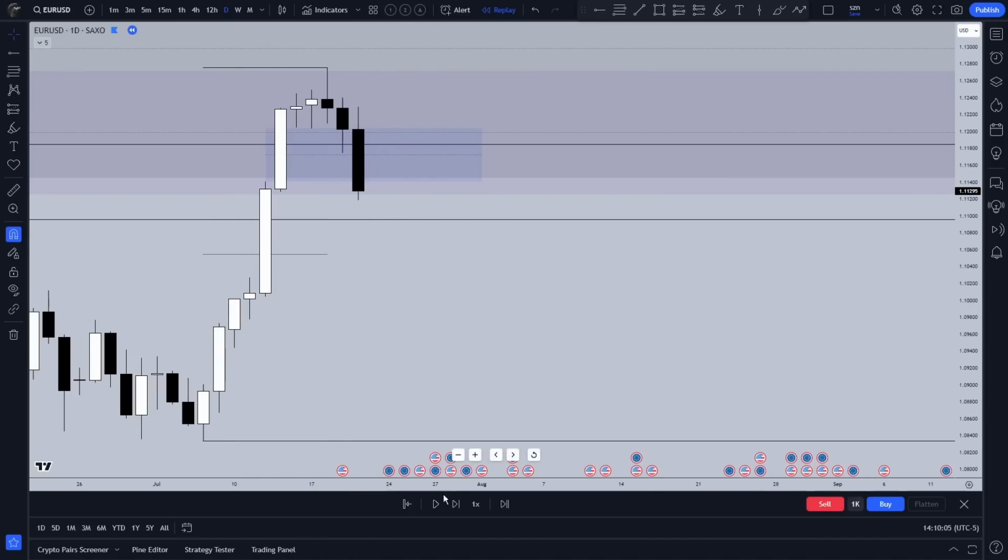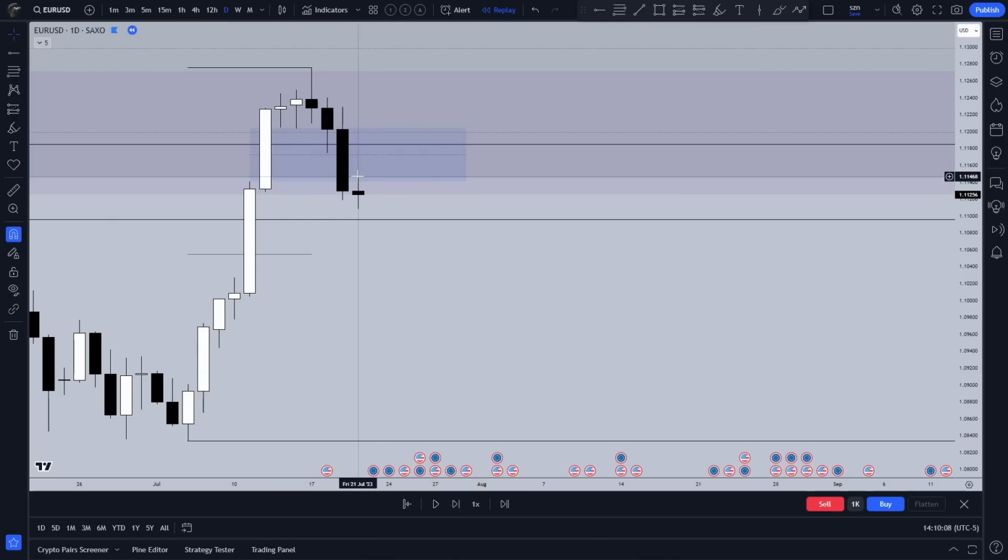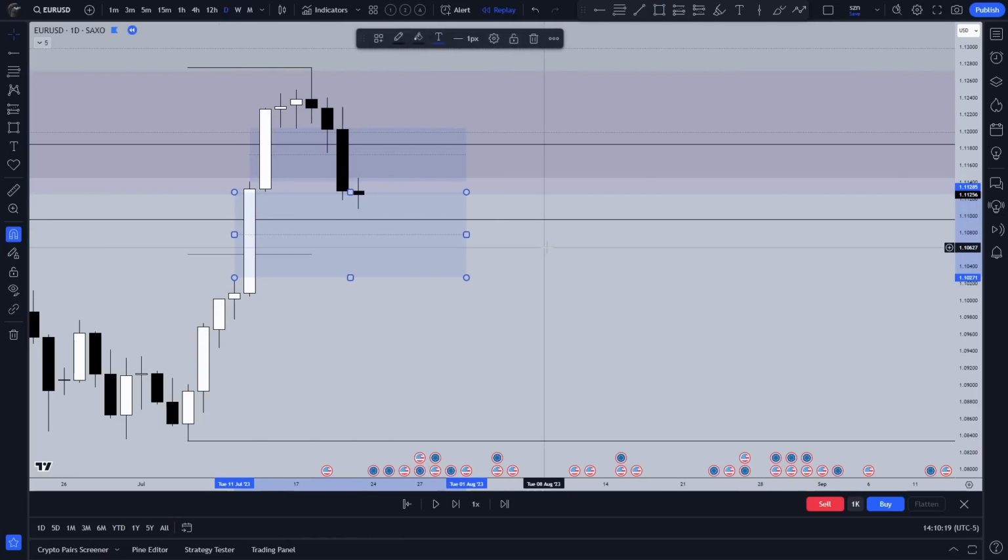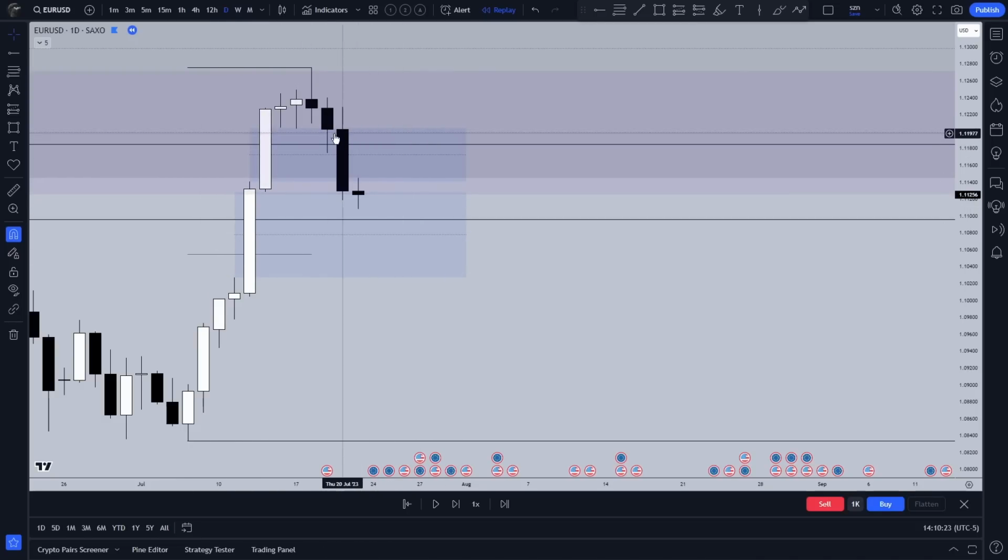So now again, you can see we get a consolidation profile, right? Also, if we take a look now where we're trading, you can see we have another daily fair value gap here. And price is now trading between this bullish fair value gap and this bearish inversion fair value gap. Also,